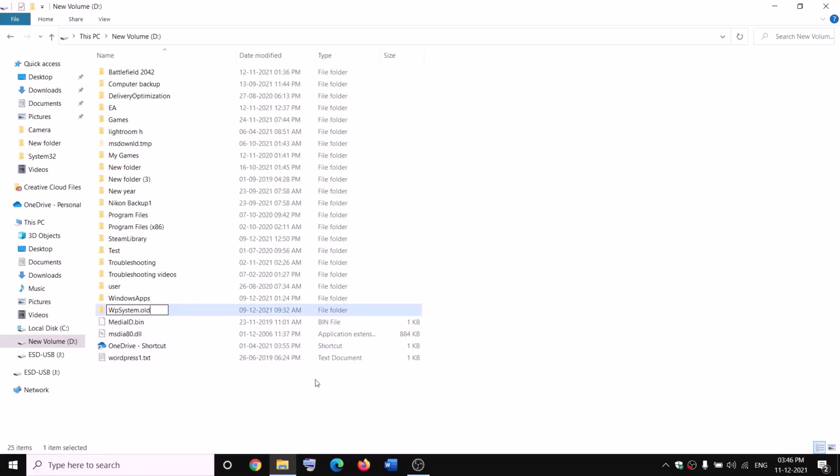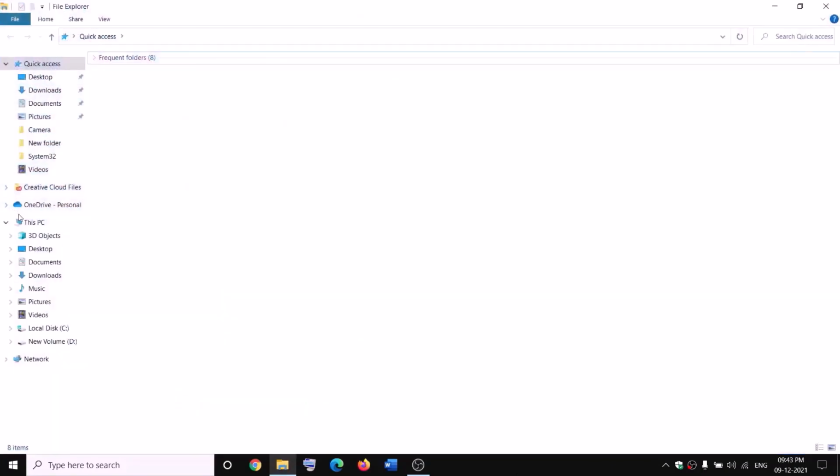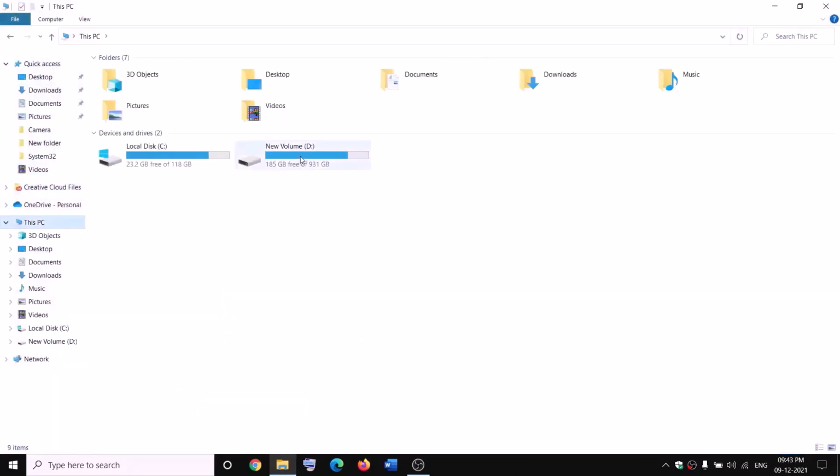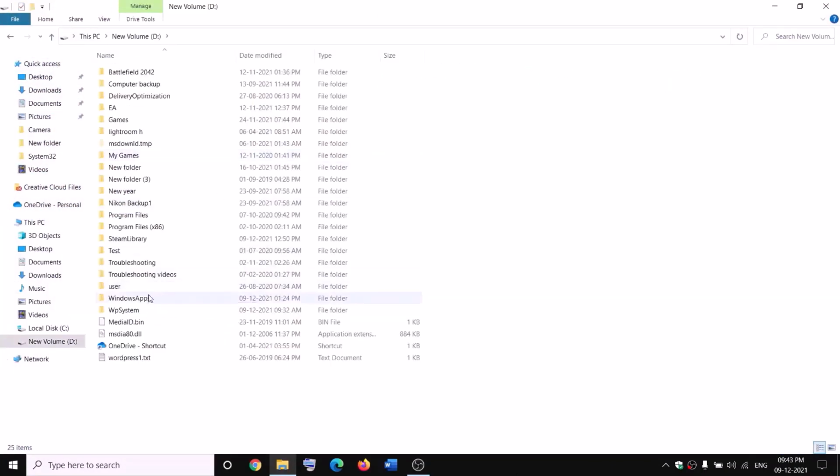Now, if you still face the problem, in that case you can go ahead and restart your computer and then try to rename it once again. Open File Explorer and then go to This PC, open D drive, then make a right click on Windows apps